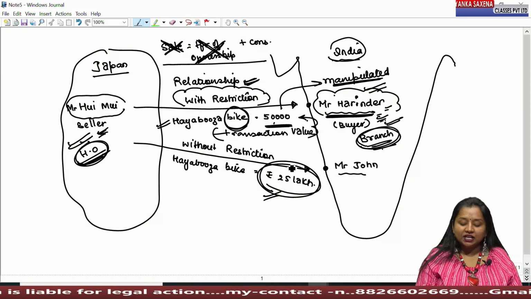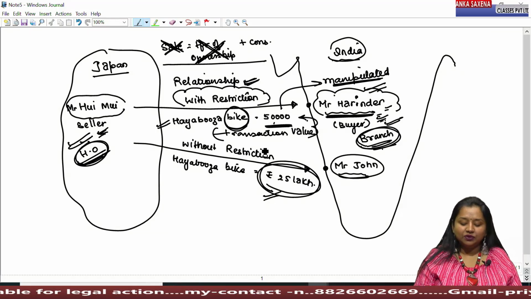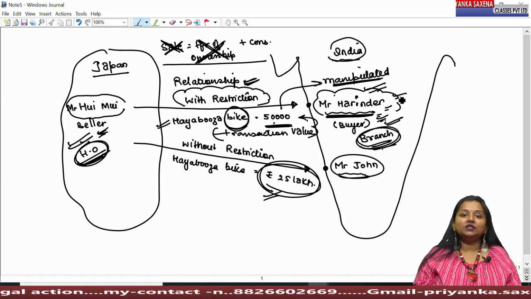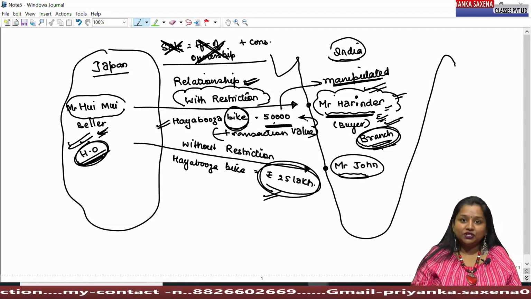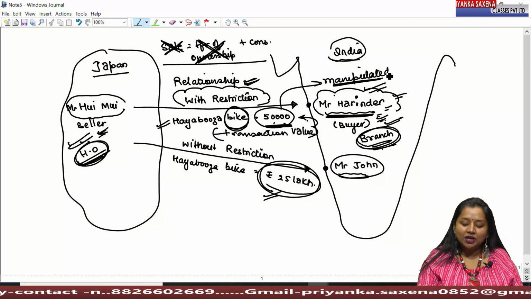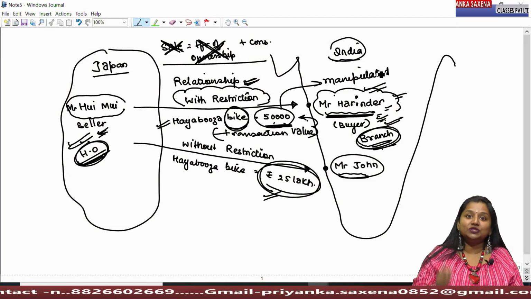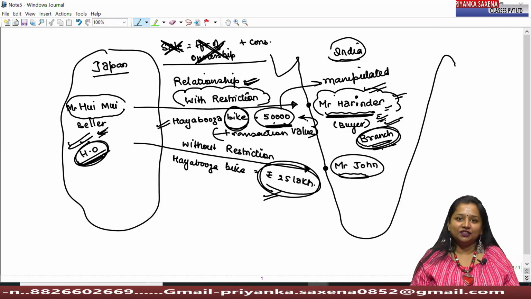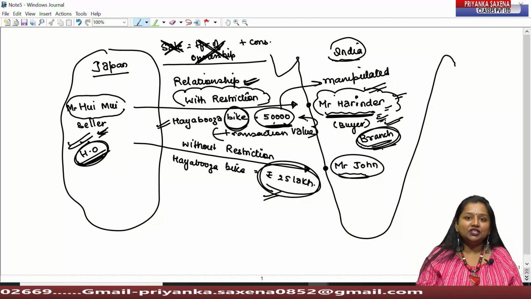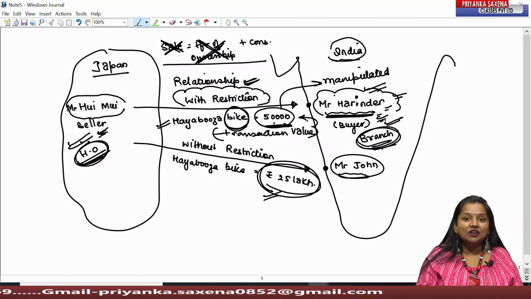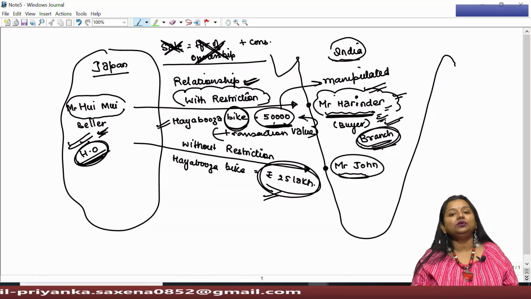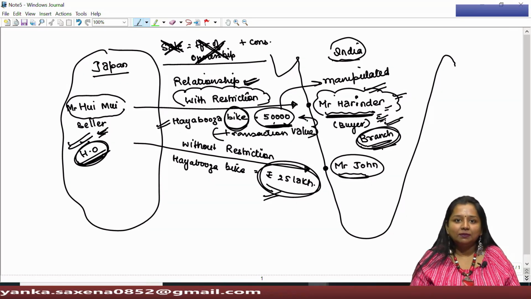Once we sell such kind of bike to any other person without restriction, however, the same bike if supplied to any person upon whom we impose restriction even after the transfer of such goods, then the price shown in the invoice must have been manipulated or reduced only for the purpose of tax evasion. And this tax evasion could be possible by reducing the price shown in the invoice, on the basis of which, on the basis of this transaction value, under rule 3, the assessable value shall be determined.